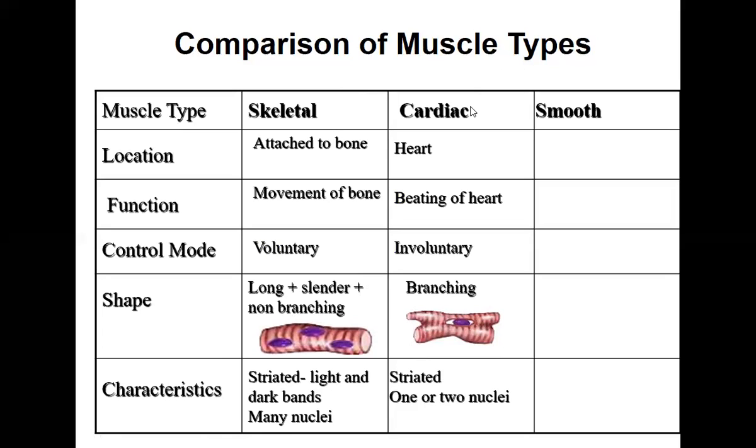Okay. Now coming to the smooth muscle. What is smooth muscle? Where do you see them? As I said, the location of the smooth muscle is on the walls of the internal organs, like the stomach. The wall of the stomach is made up of smooth muscle. The wall of the intestine is made up of the smooth muscle. Below the skin there is muscle that is also made up of the smooth muscle. All these are called smooth muscle.